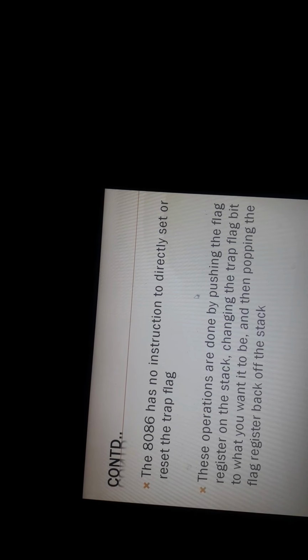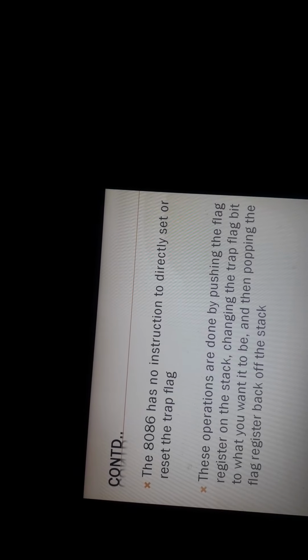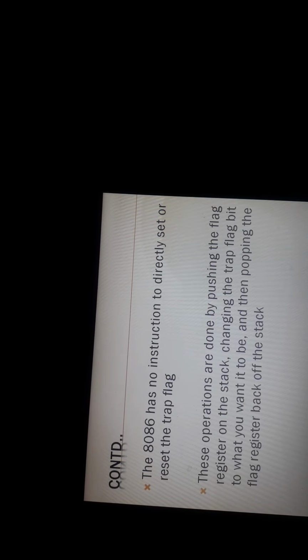After displaying the register values, again it comes to the second instruction and executes it, and after executing the second instruction, again it does the same, pushes these values onto the stack memory, goes to the execution of the ISR, and then again displays the register values, and then again it comes back for the execution of the third instruction. So that is how the single step mode executes, how the single step interrupt works.